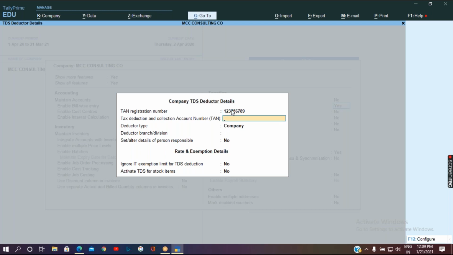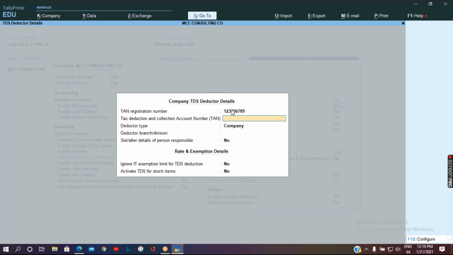The next, very important thing: whenever you have the authority to collect or deduct tax from any opposite party, you should have the right, that is, you should have an authorized TAN number. The TAN number is the tax deduction and collection account number.